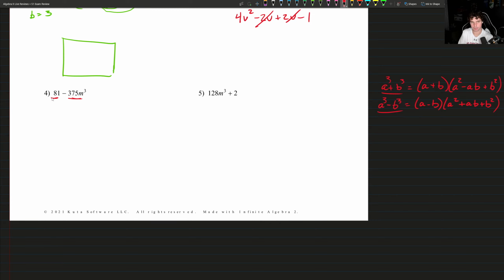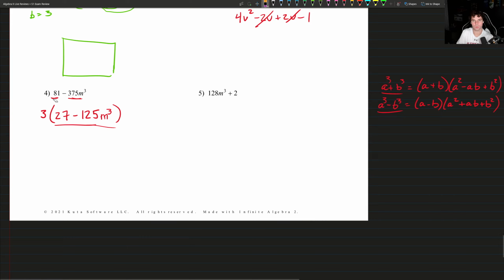Both of these, and this might be hard to figure out up front, we can factor out a 3 from both. And when we do that, we get 27 minus 125 m cubed. And then we're just worried about this thing inside, right? So then we have